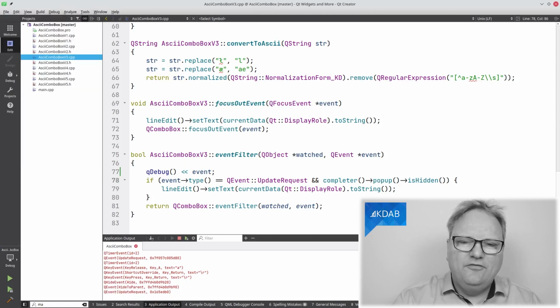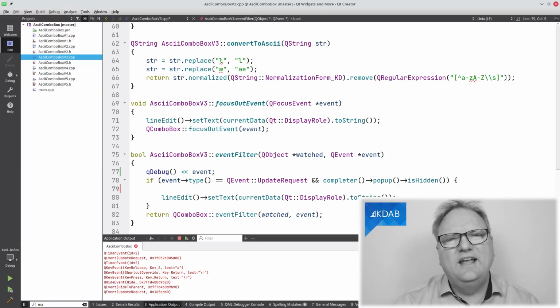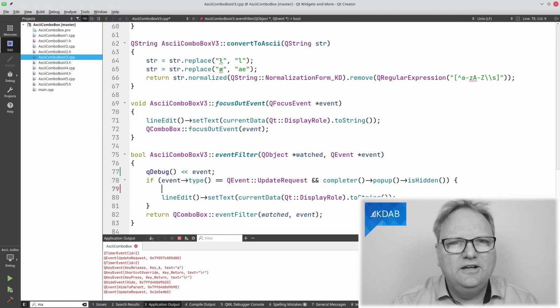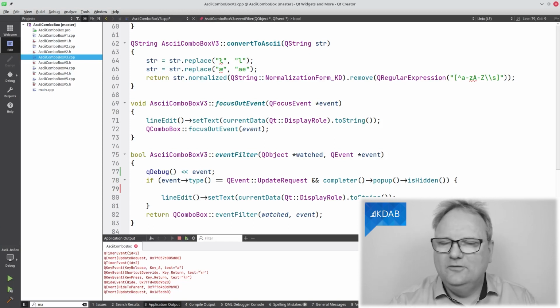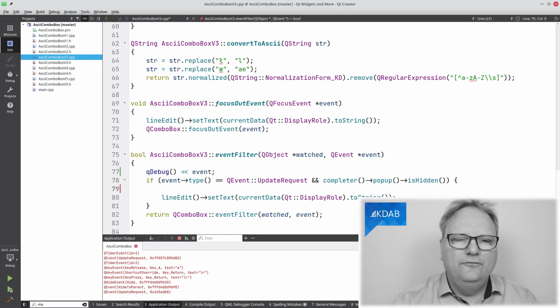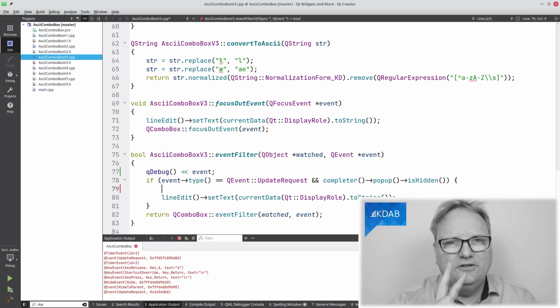If this was production code, I would likely have needed to write a bit of comment here telling people about this. One day I'm going to show you the code reviews for episodes of Qt Widgets and More. It might be like an Easter egg version of something, because what I saw when I had the review was two people, not just one, writing, what on earth is the update request and why would it even get to a hidden combo box?